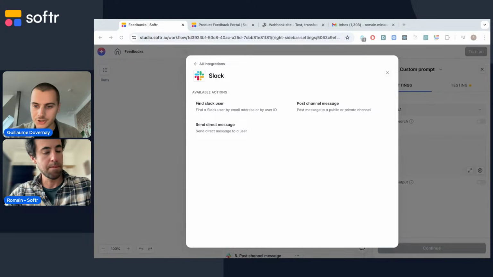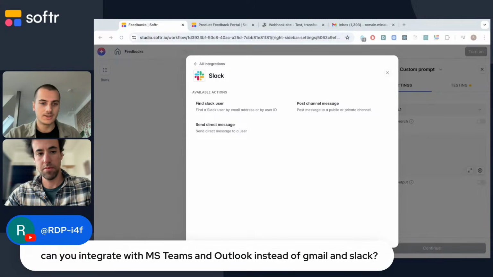We got a question about an integration with Teams, Outlook instead of Gmail and Slack. Is it something we have in the pipeline? Yeah, Outlook integration is underway. We do have some last